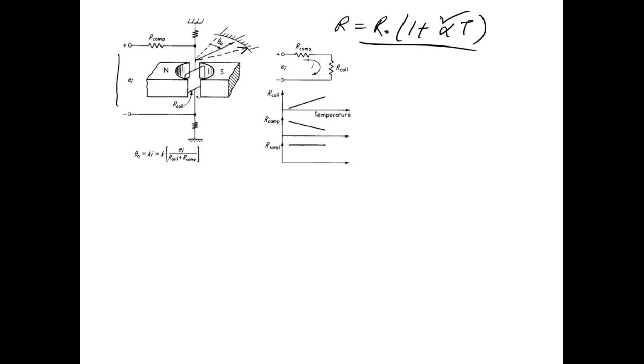So what we can always do is, we know that the resistance of the coil changes with temperature like this. For example, it changes linearly. So if we are aware of the properties of the material the coil is made of, we know how the resistance changes with temperature for that material. So we can always create and use another material for which the resistance varies something like this, R is equal to R naught, something like 1 minus alpha t. So there are some materials whose resistance decreases with increase in temperature. We can use such materials and add that as a resistor here, that is R comp, the compensation resistance, because of which we get a constant resistance.